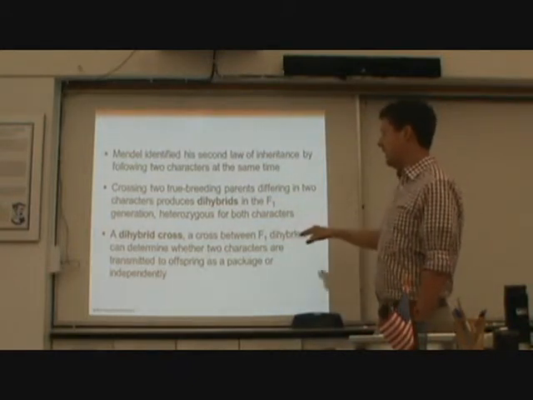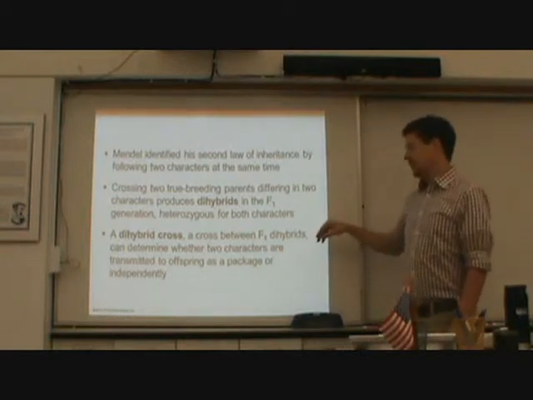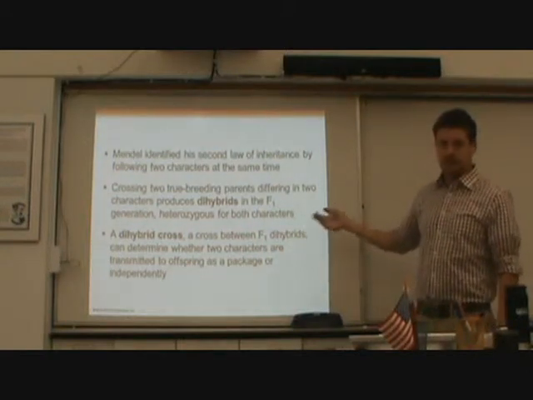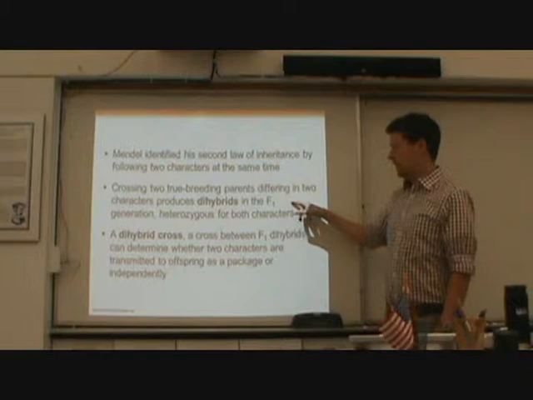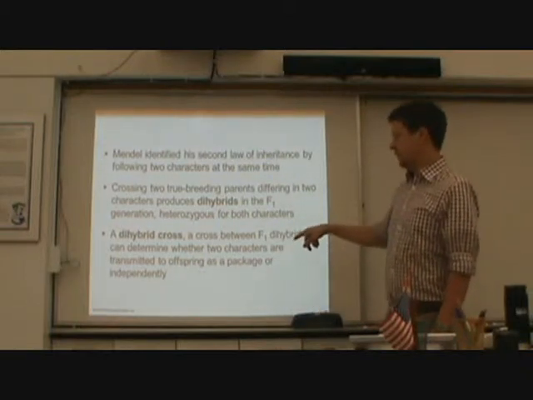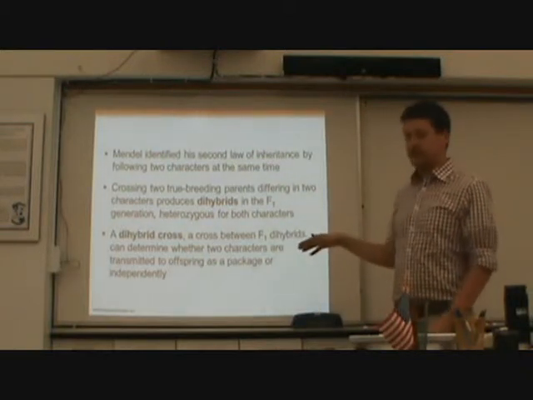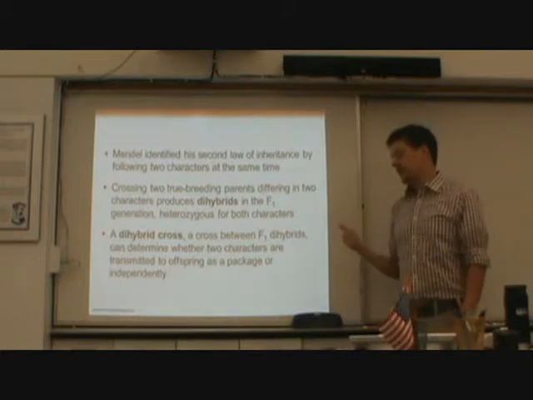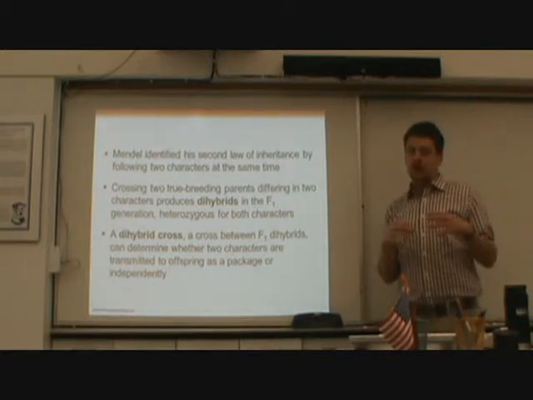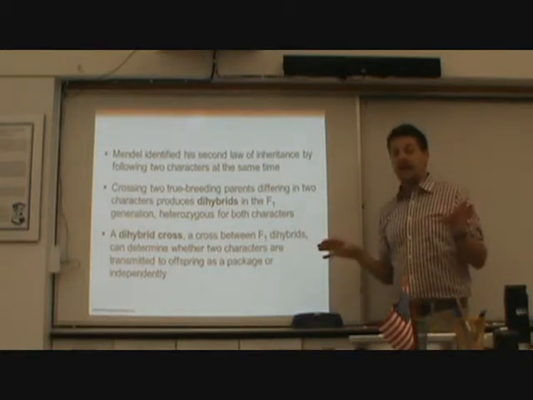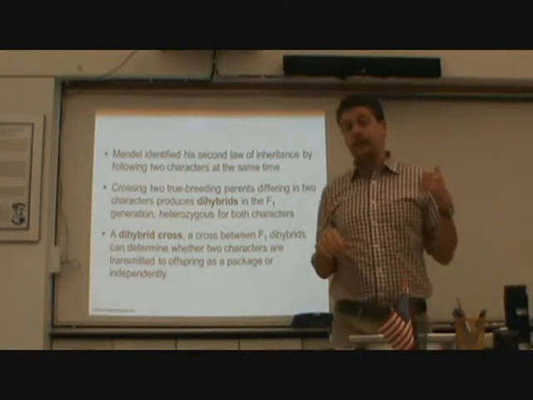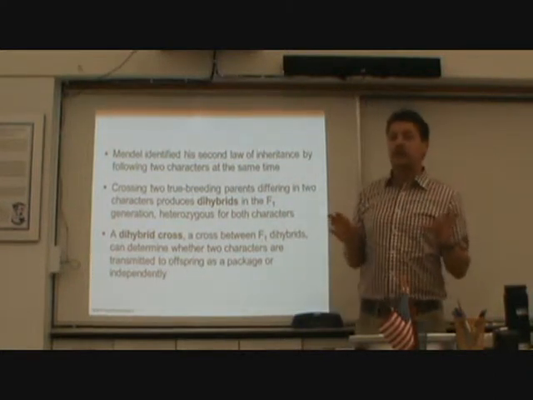So a dihybrid cross, which is a cross between 2 dihybrid F1 generations, can determine whether or not those 2 characters are going to be transmitted to offspring as a package or independently. And if you remember from our discussion about independent assortment, we know that